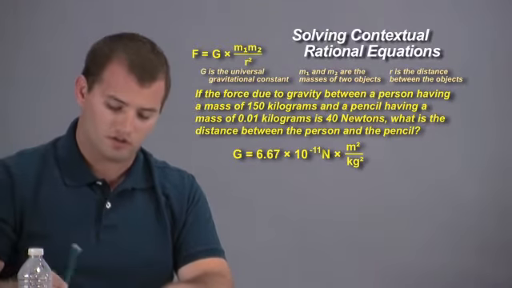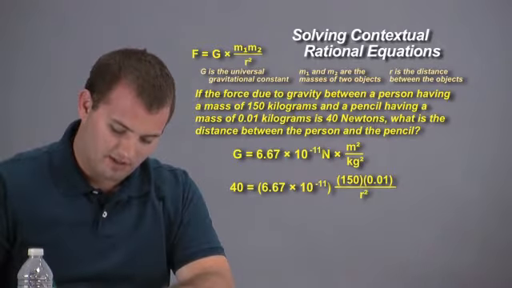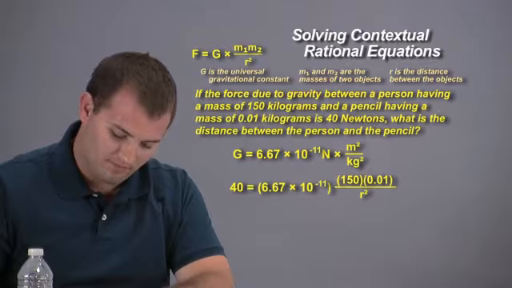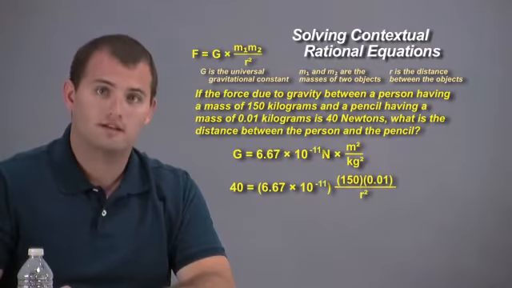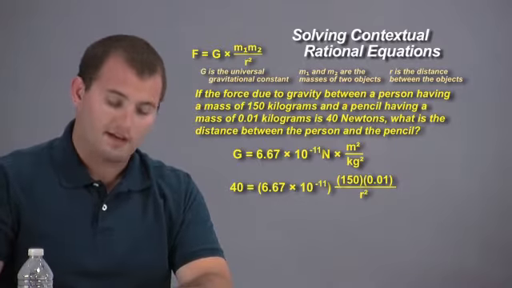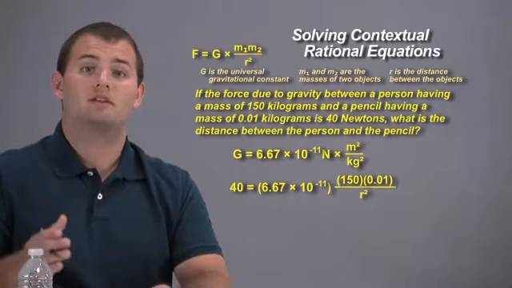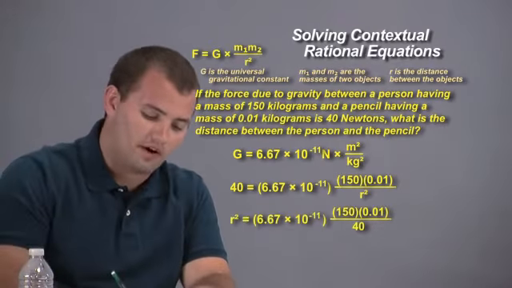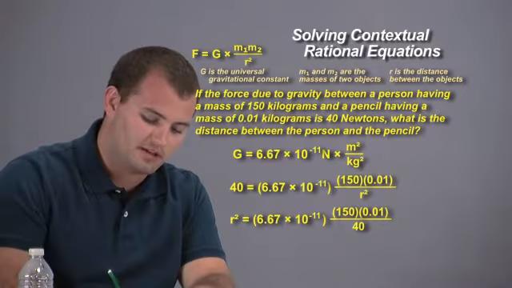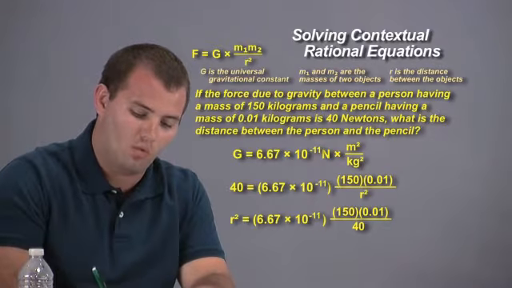So this is what our equation looks like. 40 is equal to that really scary gravitational number, 6.67 times 10 to the negative 11th, times 150 times 0.01 divided by r squared. Now to solve for r, I'm going to multiply both sides of the equation by r squared, and then I'm going to divide each side of the equation by 40. And here's what I have. R squared is equal to that really scary number, 6.67 times 10 to the negative 11th, times 150 times 0.01